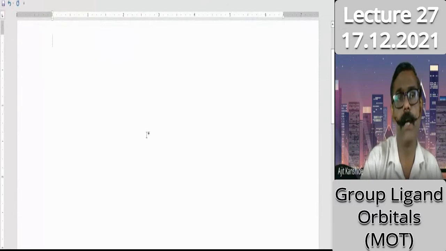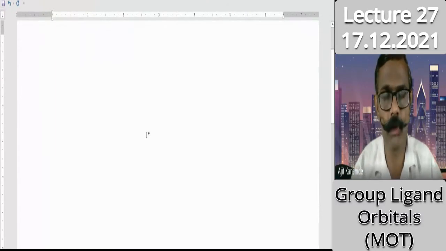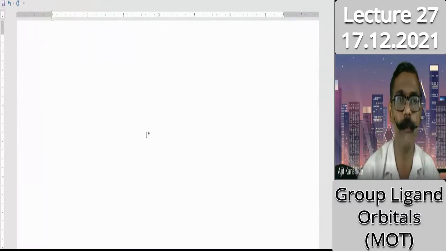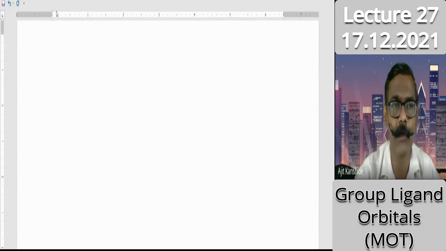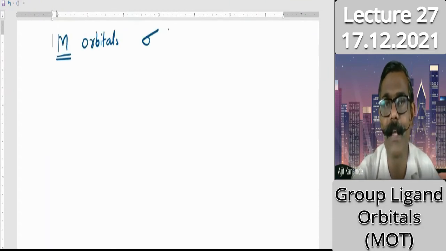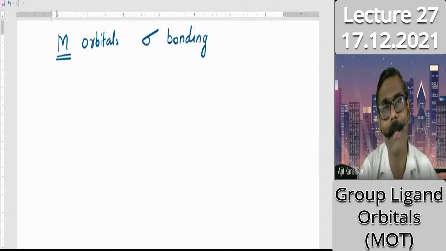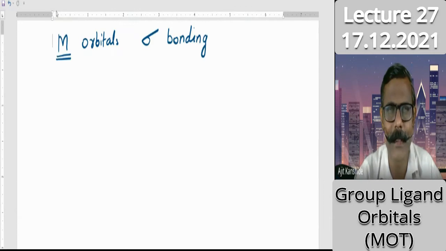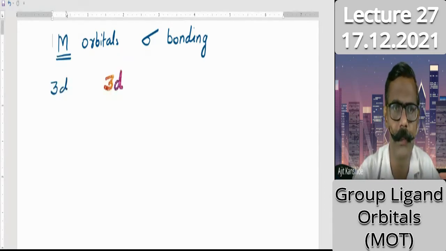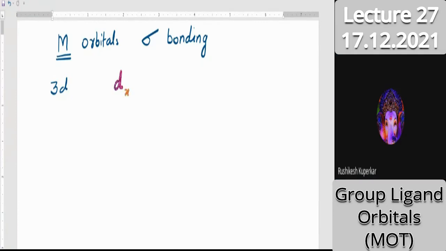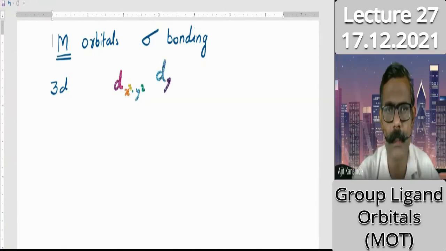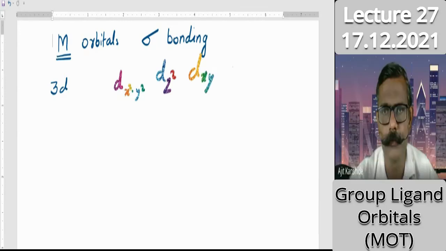So let us start the new topic now. As we have already started, that point we were discussing. Last time I was discussing metal orbitals for sigma bonding. And on the board, I represented all the orbitals. If I start from the 3d orbitals, which are the 3d orbitals? Be fast now. dx square minus y square, dz square, dxy,